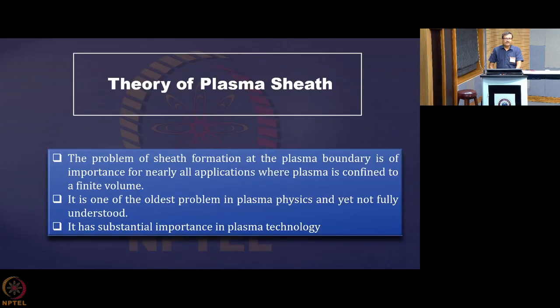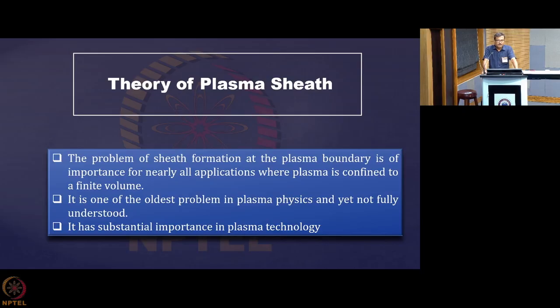Now I will introduce you to the area of plasma sheath. I will just do the introduction in this class, and in the next class I will be going into the details. So what is plasma sheath and how does it work? What is the nature of that? Whether it is electrically neutral or non-neutral. We know that plasma is neutral, but you will be surprised to know that this plasma sheath region is absolutely not neutral. It is a highly charged region. It is not neutral at all actually.